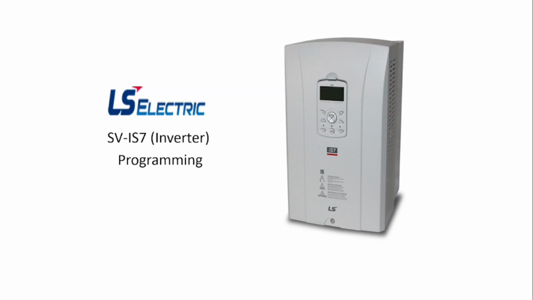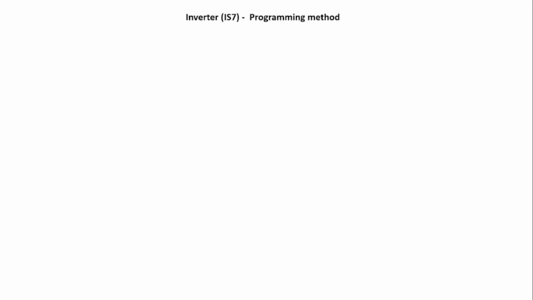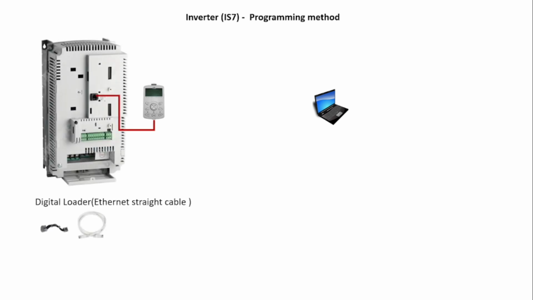Hi, in this video we will discuss programming of the IS7 inverter. We can program the inverter by using the graphic display, also called digital loader, or by using the PC. To begin programming through digital loader, first we need to connect it to the inverter, usually with a small cable provided